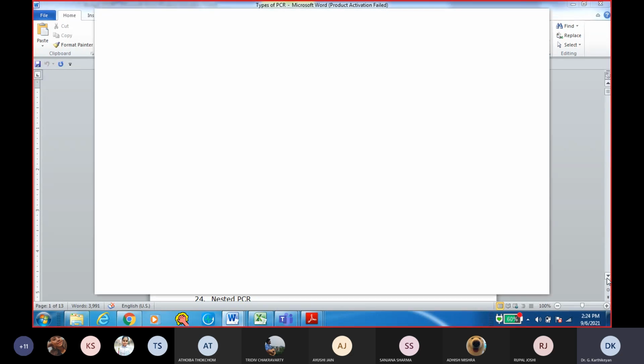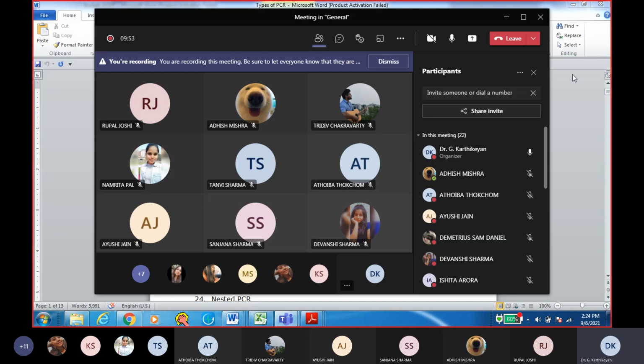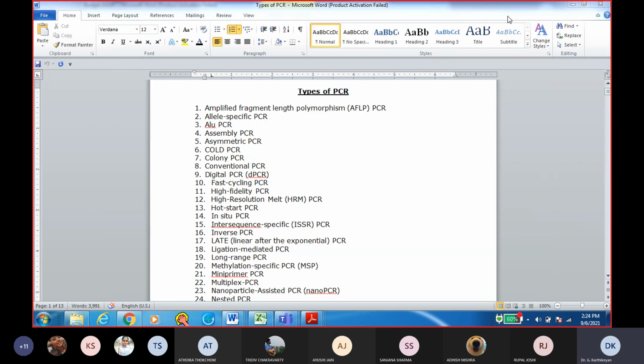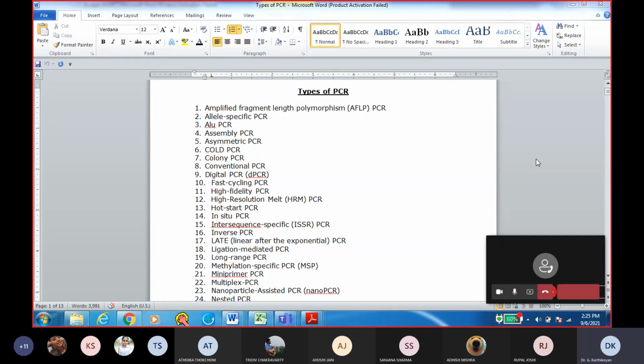Then you have ALU PCR. ALU is a repetitive element that is found in the human genome. People have gone back to quantify the extent of these ALU repeats in the human genome simply by doing PCR. Then you have assembly PCRs, which essentially means you can assemble genomes, short genomes, small viral